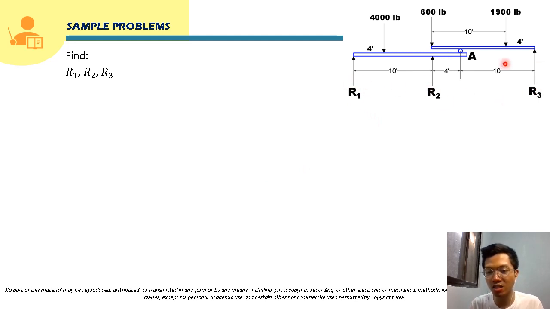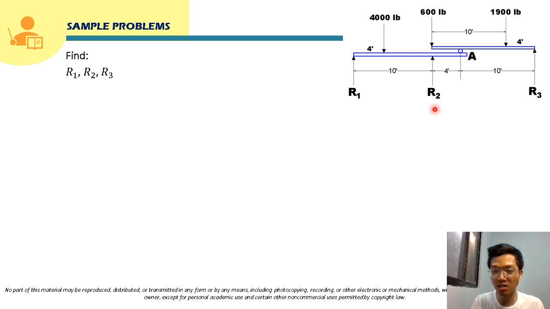So as you can see here, we have three unknown reaction forces. We can actually just generate two equations, right? It's just a moment equation and one summation of forces, or two moment equations. Okay, so in this case, since we have three unknowns, we cannot solve directly